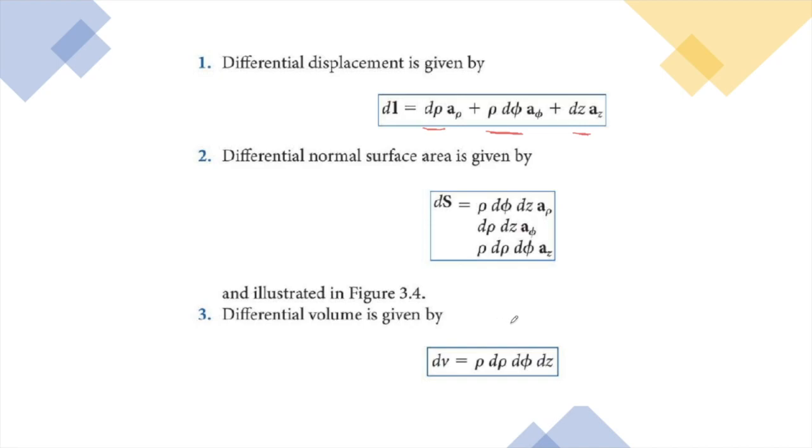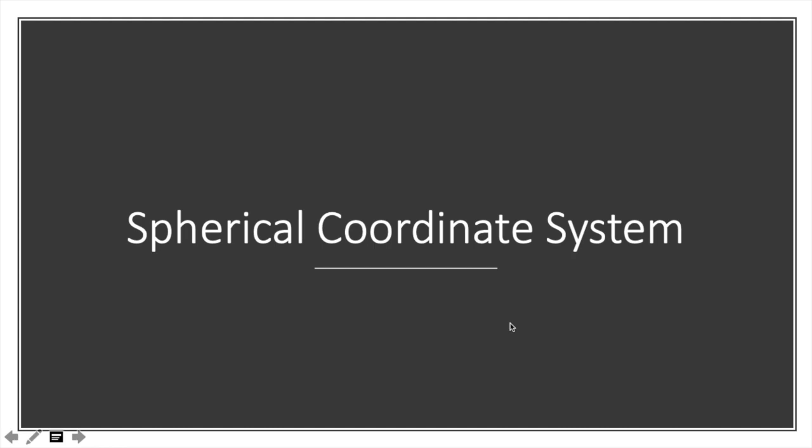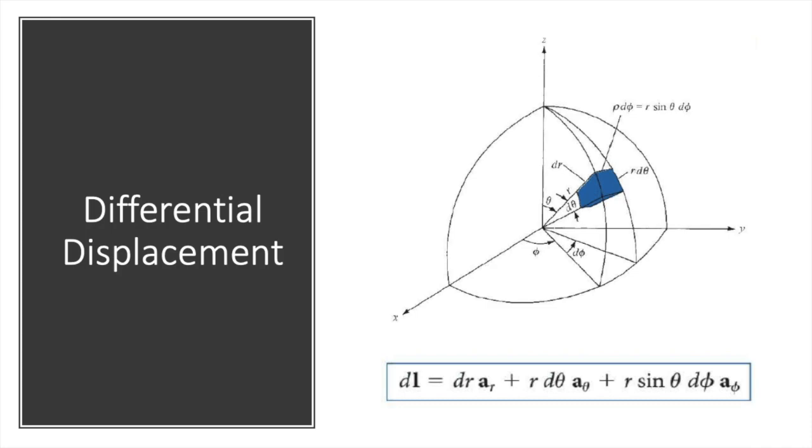On the same grounds, we will talk about the spherical coordinate system. Again, we'll go by the same steps as we did for the cylindrical and Cartesian coordinate systems. First we will make a surface by moving in the direction of the axis. There are three coordinates in this spherical coordinate system. What are those? They are r, theta and phi.